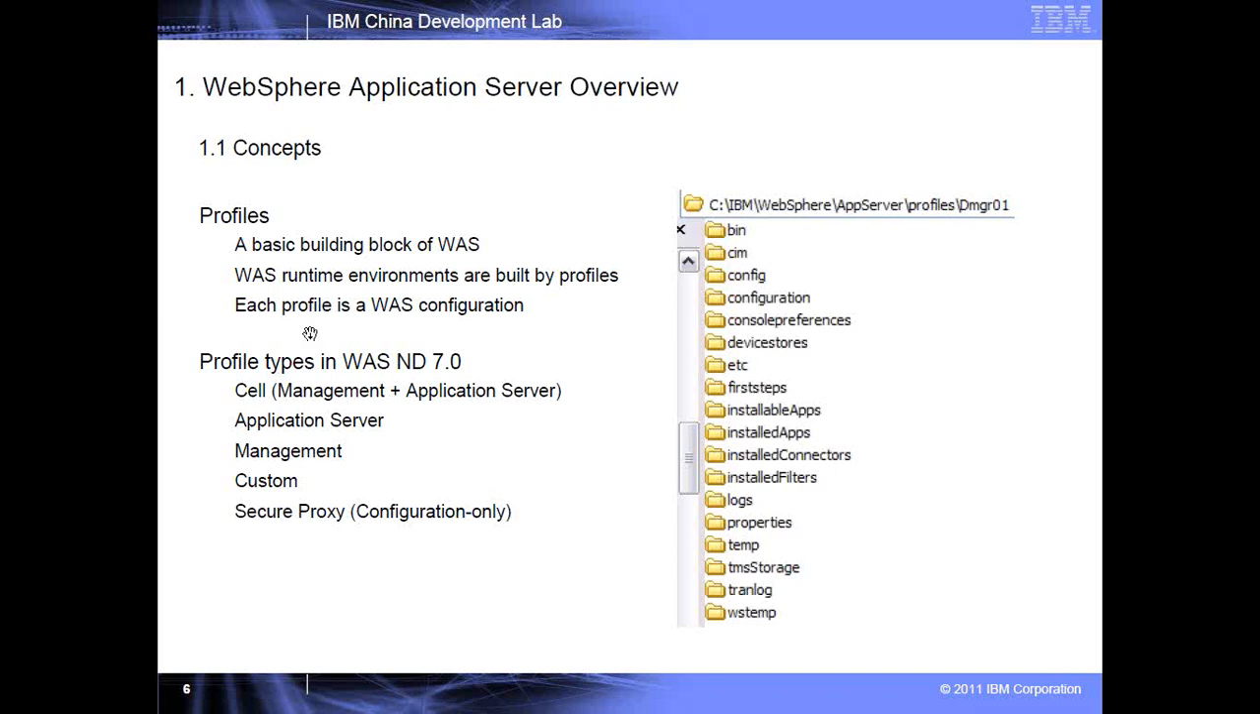In WAS Network Deployment 7.4, we have these profiles: cell profile, application server profile, management profile, custom profile, and secure proxy profile. Well, what is the difference between these profiles? Why are so many profiles available in WAS? Definitely there are different options for the administrator to create different kinds of profiles based on his requirement. Say, for example,